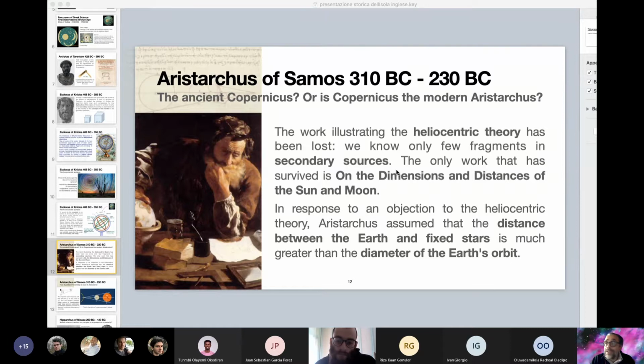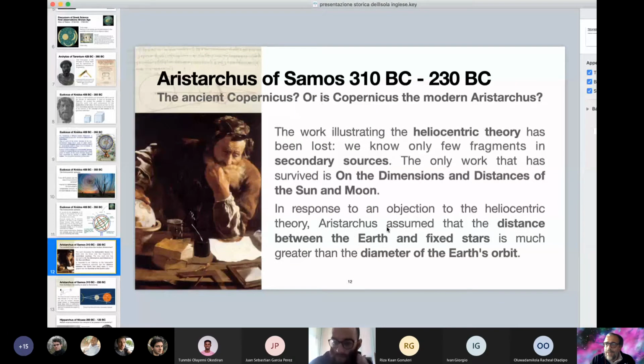Okay, however, I could personally read a book by Aristarchus. This book is On the Dimensions and Distances of the Sun and the Moon. And this book, even if written 3 centuries before Christ, is crystal clear and very clever and advanced. Okay, I will tell you quickly some ideas which you can find in the book by Aristarchus On the Dimensions and Distances of the Sun and Moon in the next slides.